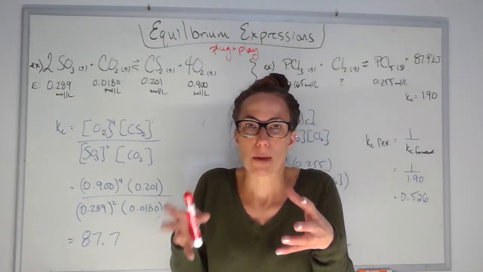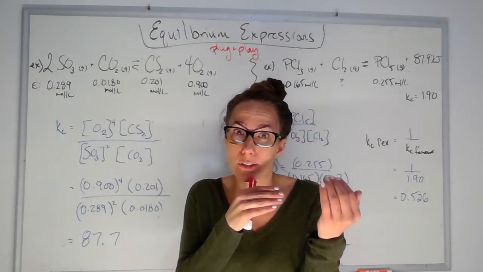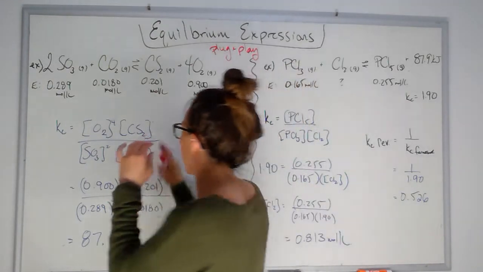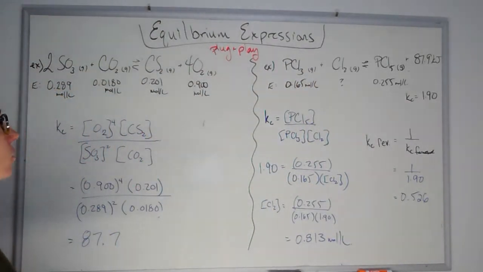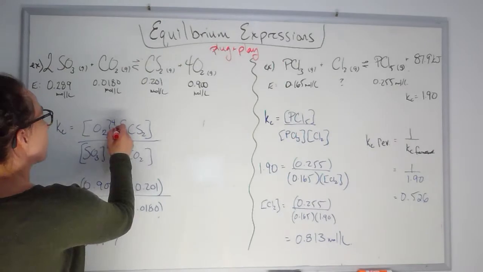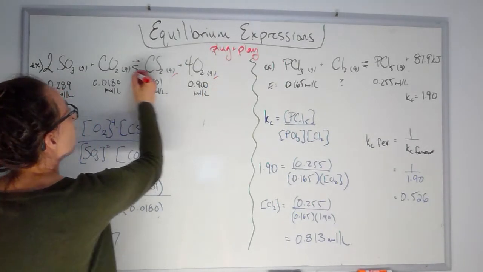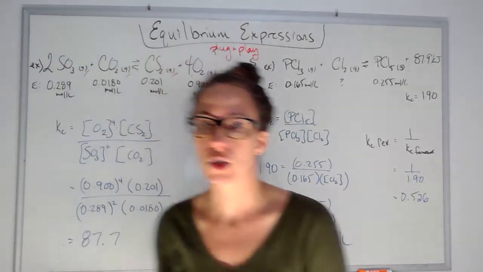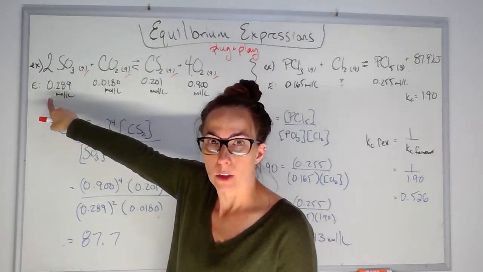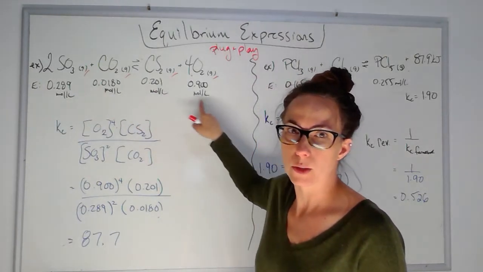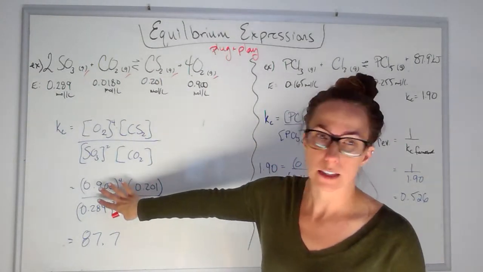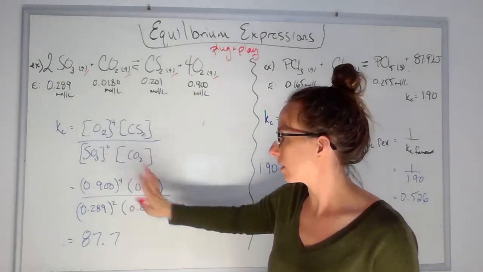So what is my percentage? It's kind of like saying, is this a 1% forming or a 99% forming reaction, like we did before in outcome A? And so I have to write my expression: products over reactants, where this is to the power of 4 because this is the power of 4. This is a homogeneous mixture. All 4 things are present, and so I'm going to include all of them in my expression. So I write my expression, and then it gives me values at equilibrium. At equilibrium, I have all 4 things present, and this is how much I have of all of them. And so I can plug those numbers into the appropriate spot, tappity tap on my calculator, and I get an